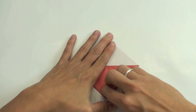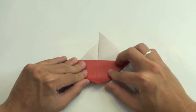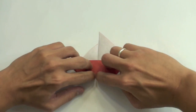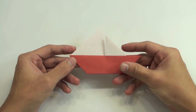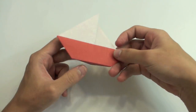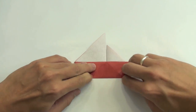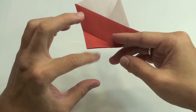Like this. And now fold here, making this point go up to this point here, like this. So you have the boat here, right? And if you want to make it a little better, without this flap here,